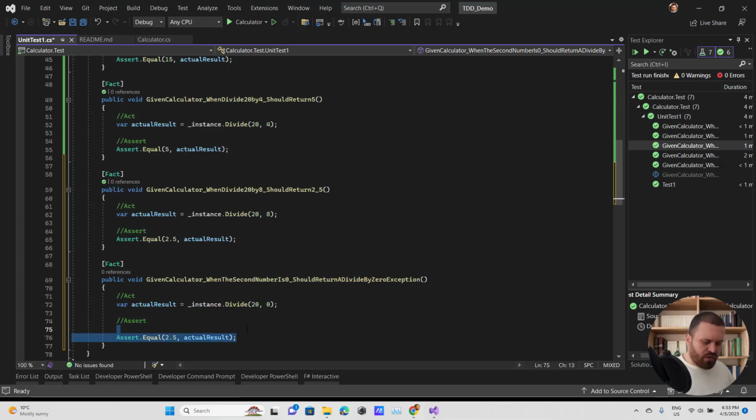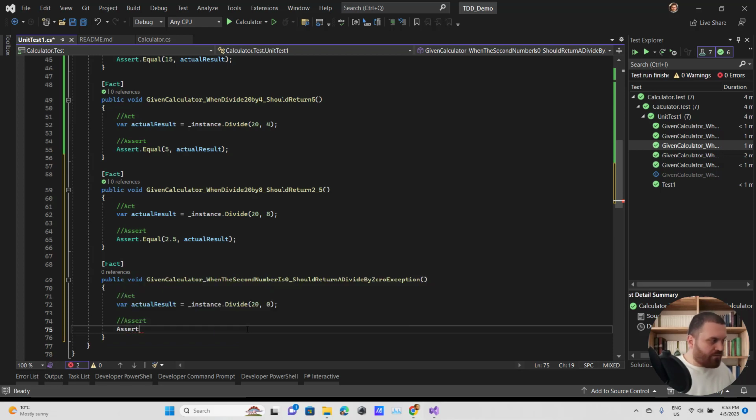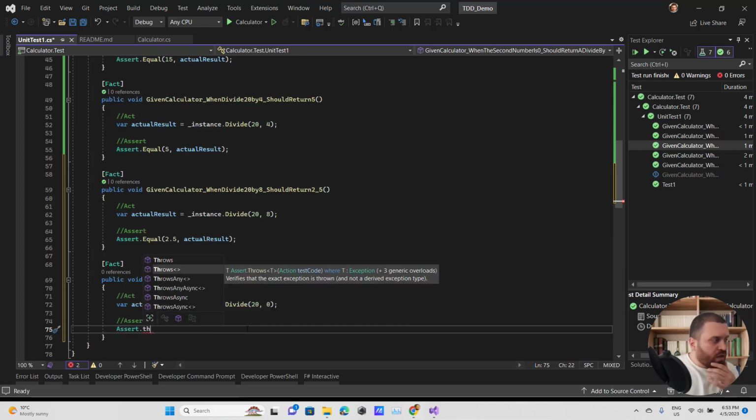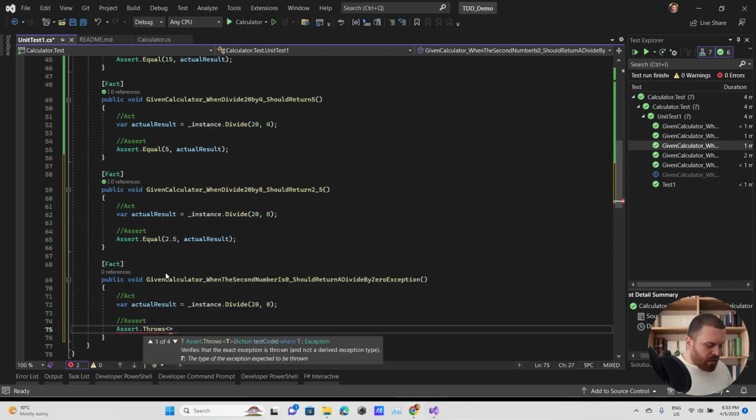I guess this one is not useful anymore. Let me see, what do we have here? Assert, then let's try throws. Okay, throws, I want to see if the method is throwing an exception. This one is what I want. But what is this one? The type of the exception. If it is divide by 0 exception.